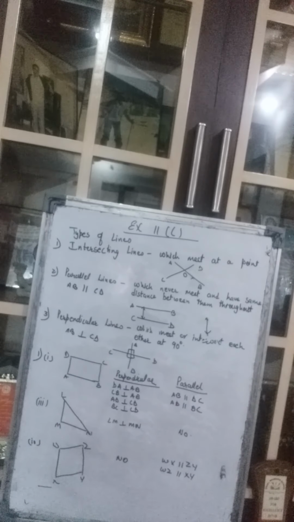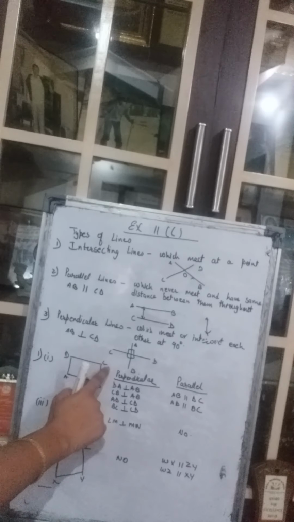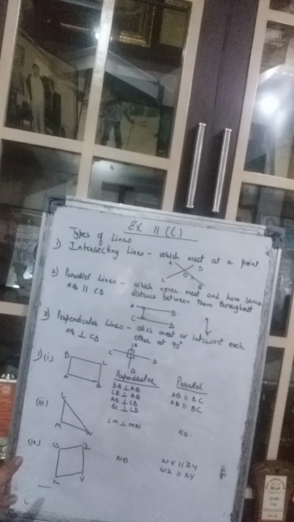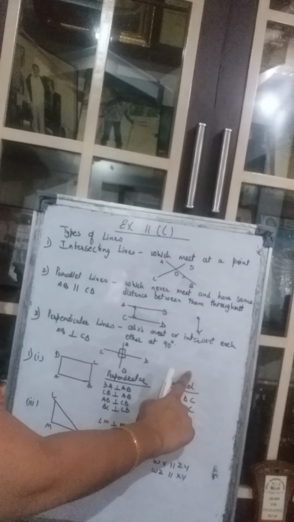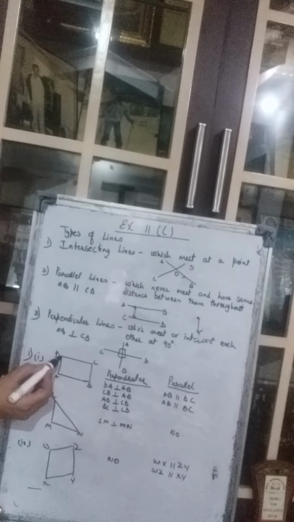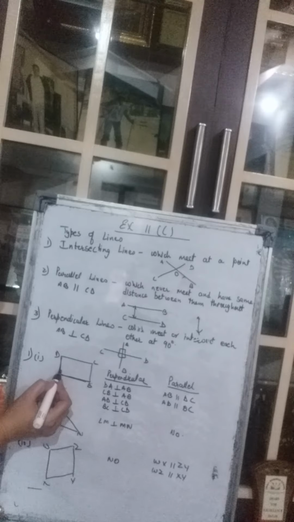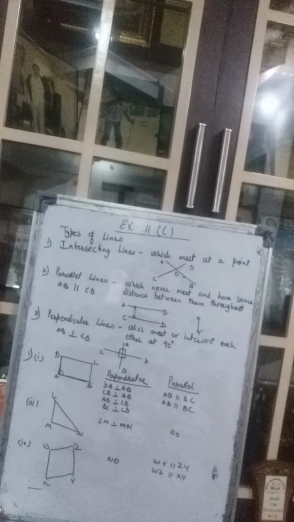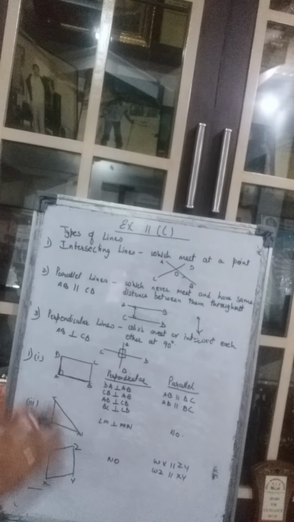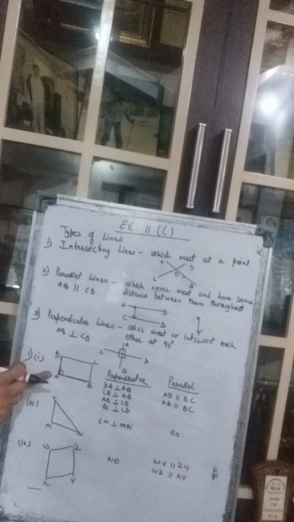Now the first part here, the figure is drawn here, A, B, C, D. You will also draw the figure. So here we have to write the perpendicular lines and the parallel lines. So which are the perpendicular lines? See, here this DA and AB. These two are perpendicular lines because they are making the angle of 90 degrees. It may not be going down, but still they are intersecting at A, isn't it? And at A, they are making an angle of 90 degrees. So this DA is perpendicular to AB.